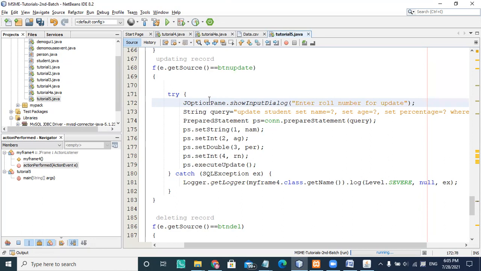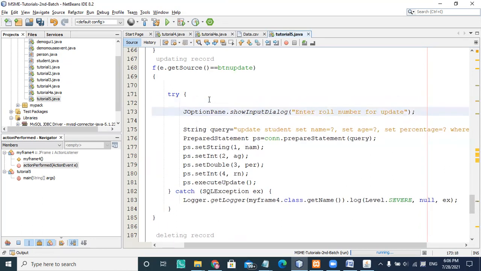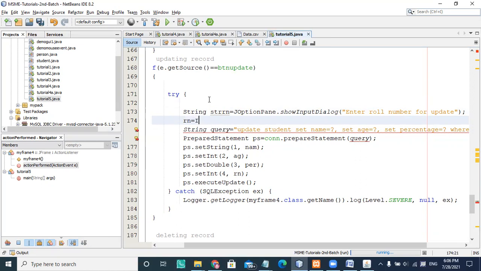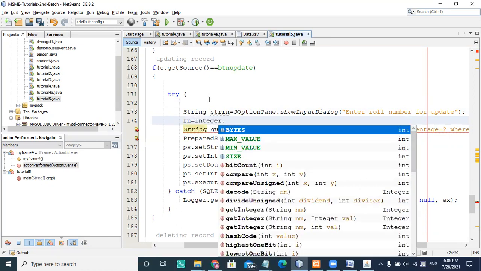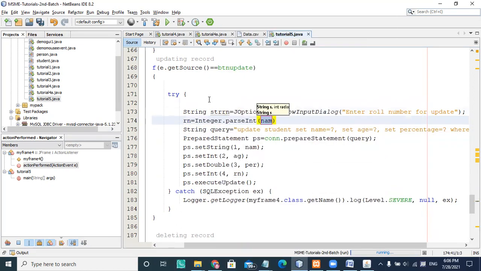Accordingly I'm updating the record here. I'm entering a roll number, and that is a string. I want to convert strn into an integer. So I'm choosing rn equal to Integer.parseInt, and I'm passing strn.